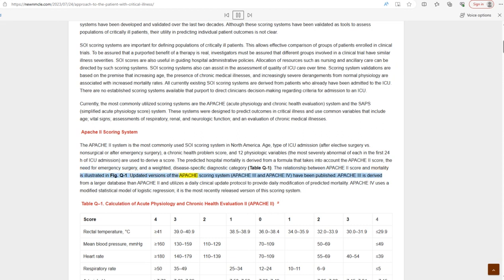Updated versions of the APACHE scoring system, APACHE 3 and APACHE 4, have been published. APACHE 3 is derived from a larger database than APACHE 2 and utilizes a daily clinical update protocol to provide daily modification of predicted mortality. APACHE 4 uses a modified statistical model of logistic regression,